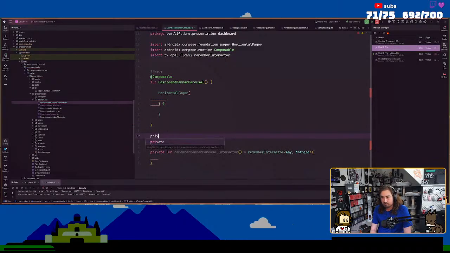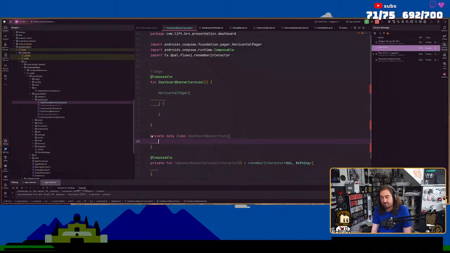So, no, it's not dashboard state. It's dashboard banner state. So this is going to have a list of banners.